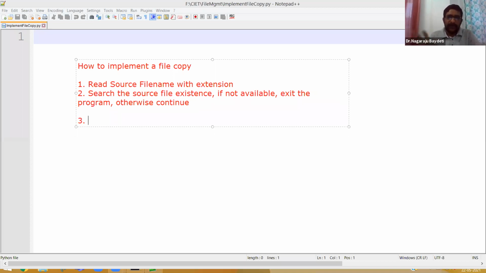Suppose you are giving a file which is not there. Then how will I copy? Three, form the file name for the destination file. The destination file is the duplicate file.